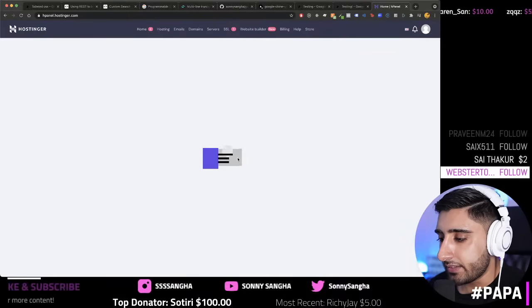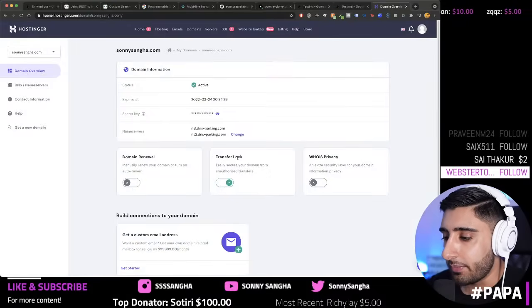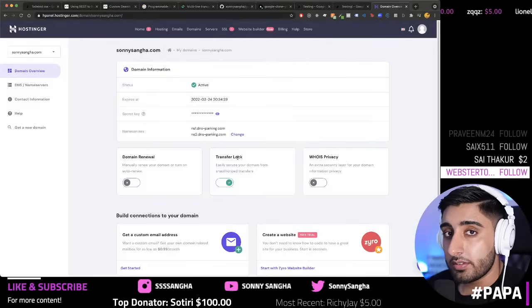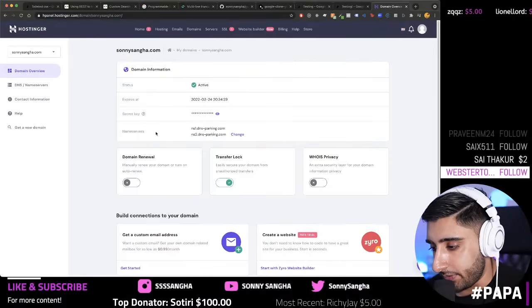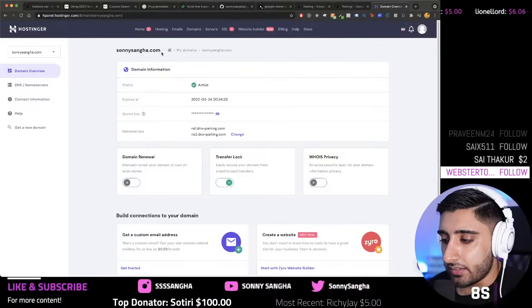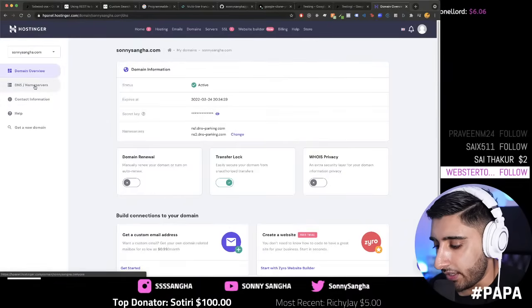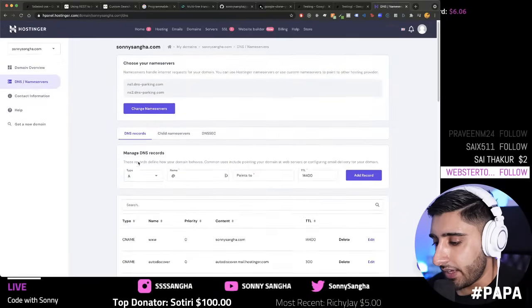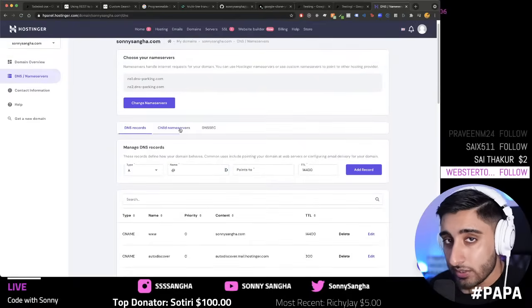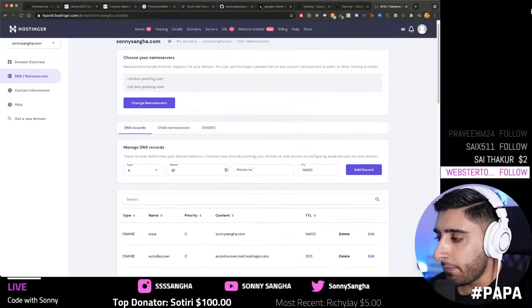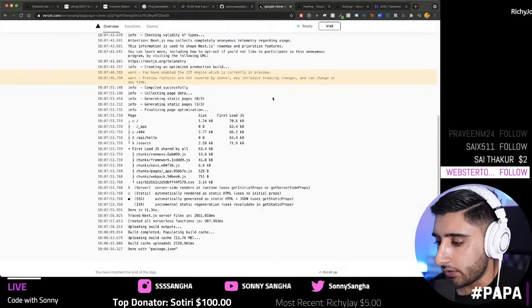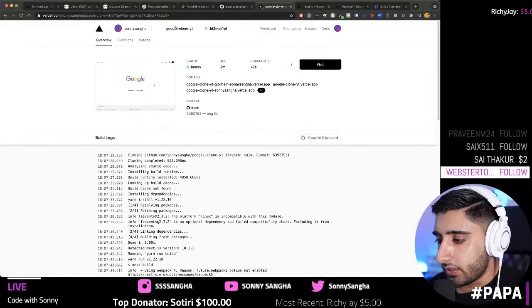This is where we basically do the magic to make the site that we built visible on our own custom domain, in this case sunnysanger.com. I'm going to click on DNS name servers on the left. I click this, and over here I can see manage DNS records, and it's so easy, guys. All I need to do is go to my Vercel. I go to the top and click on